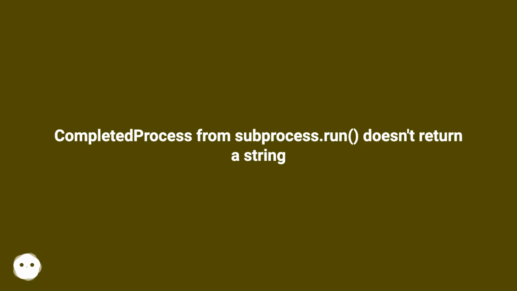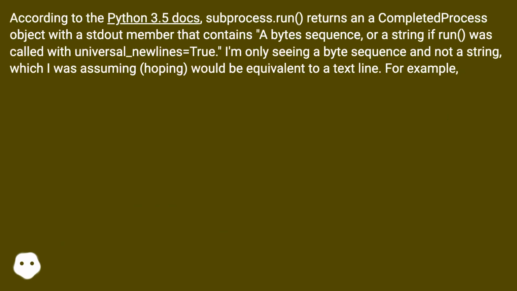Completed process from subprocess.run doesn't return a string. According to the Python 3.5 docs, subprocess.run returns a CompletedProcess object with a stdout member that contains a byte sequence, or a string if run was called with universal_newlines=True. I am only seeing a byte sequence and not a string, which I was hoping would be equivalent to a text line. For example,